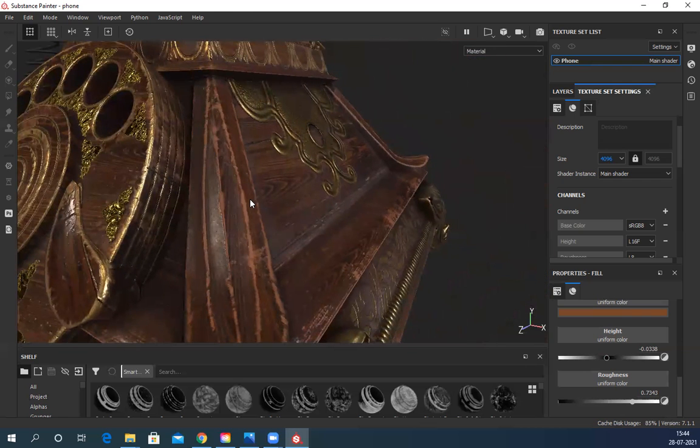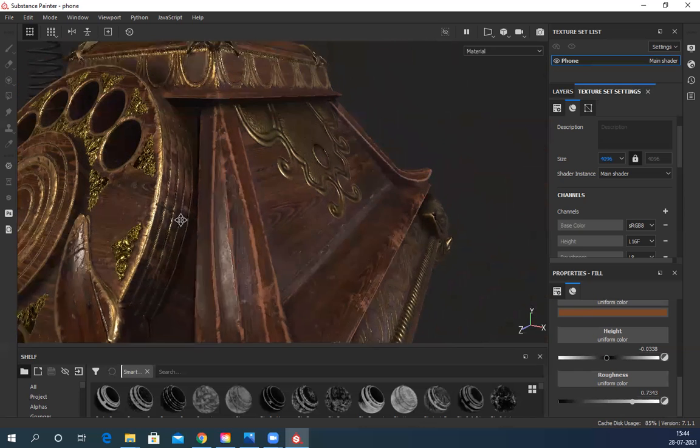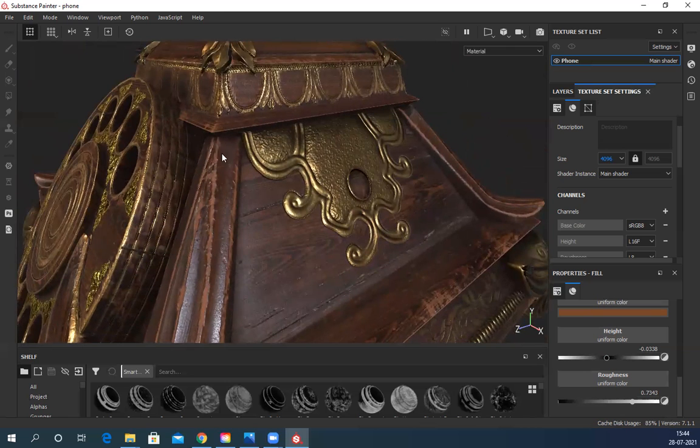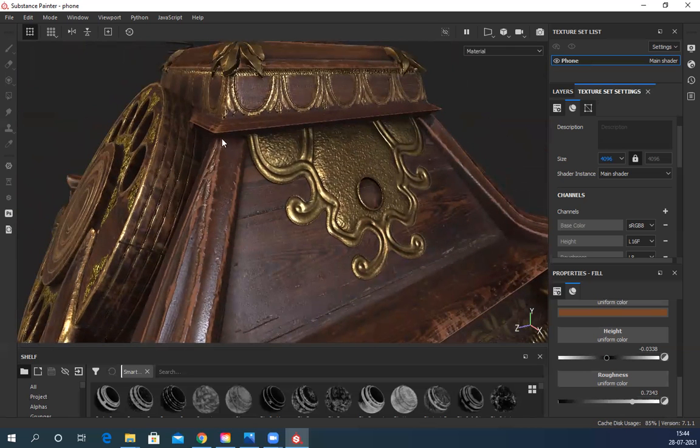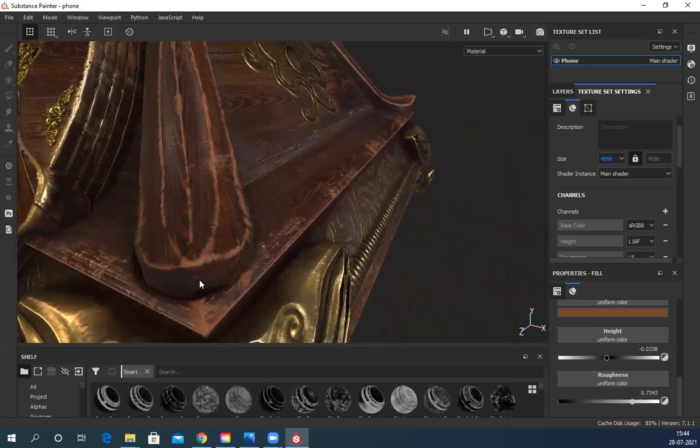So there is something called good texturing and bad texturing. If in your texture you have added all details, but you added this generator and it's randomly generated everywhere, that is bad texturing. Because technically, if this is a design and it's under this, you will never touch it. So it won't generate here. You need to get rid of those areas. And plus it should never create an outline. So you need to break this up.